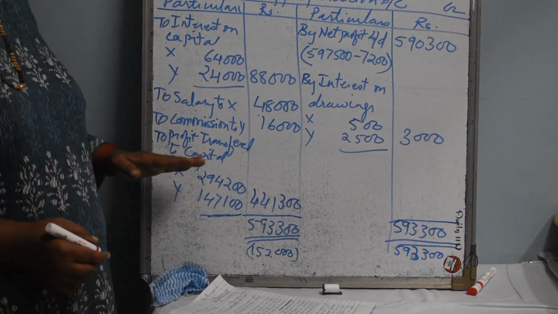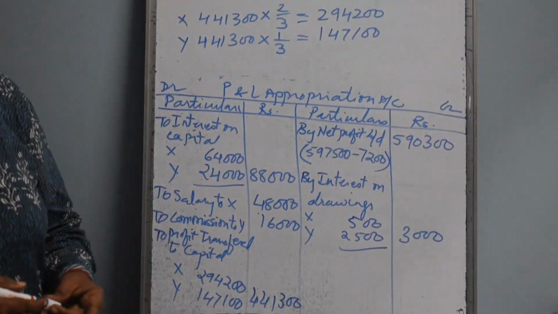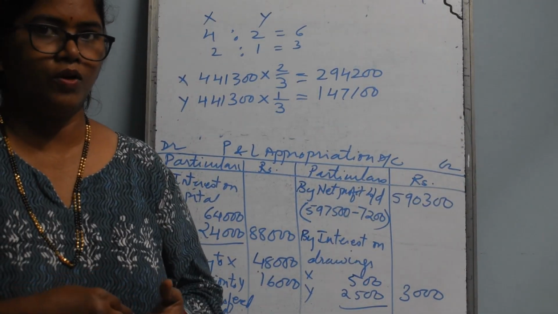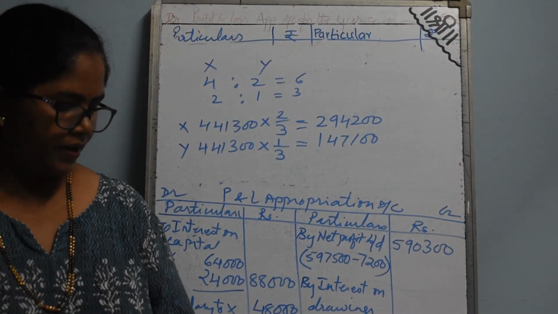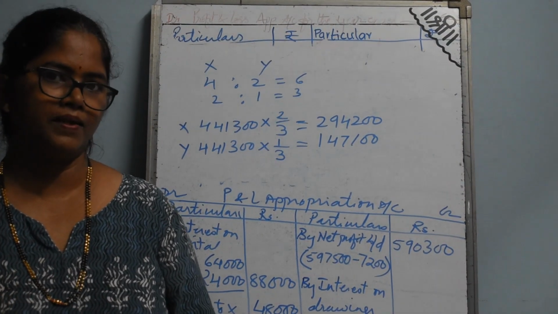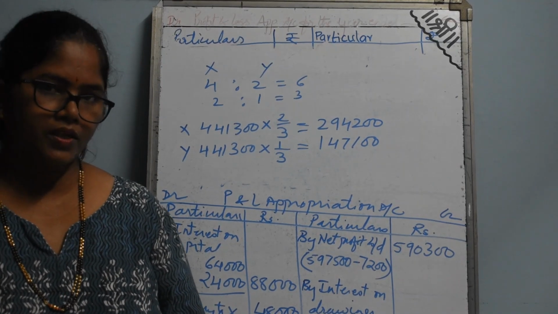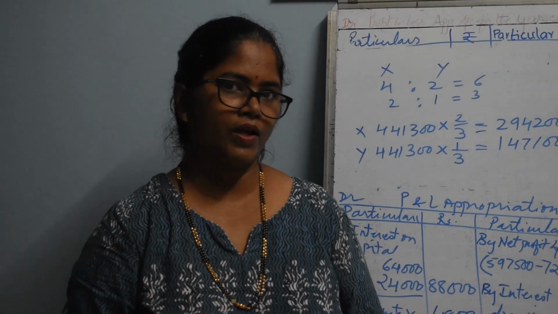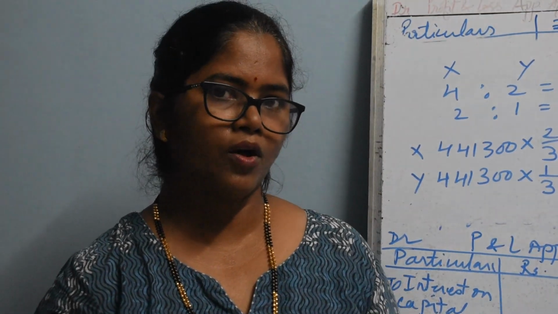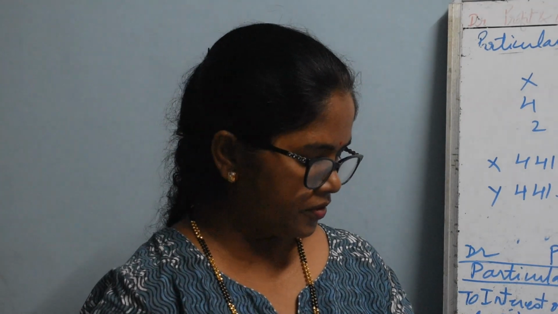So with this complete, in this problem, the new thing you have studied is what we should do when additional capital is brought. We should calculate the interest on capital on the opening balance plus the additional capital. When there is interest on loan, we have to calculate it on the partner's loan, and that 6% is not given in the problem. So when the partnership deed is absent regarding interest on loan, we have to take it at a rate of 6%. Now if the interest rate was given in the problem, you have to take that interest rate. Here the interest rate is not given, so you have to take 6%.